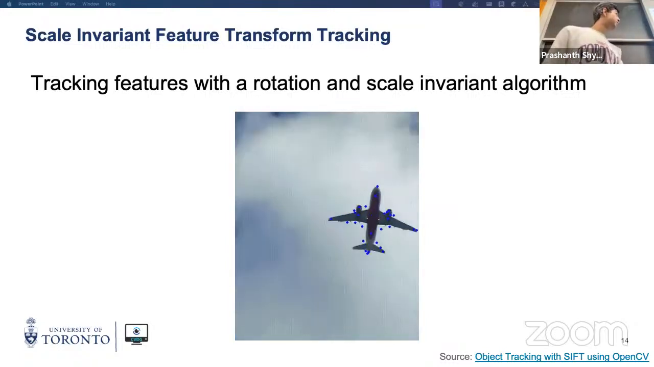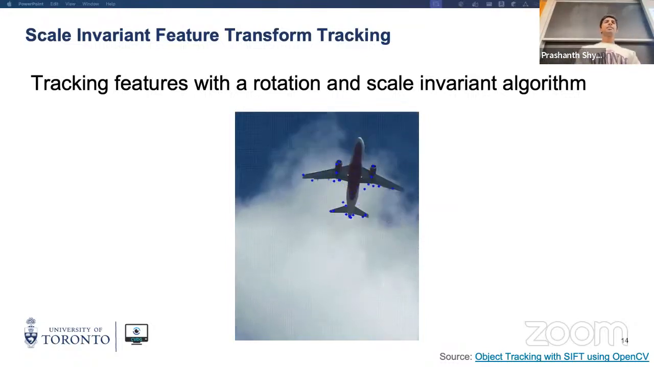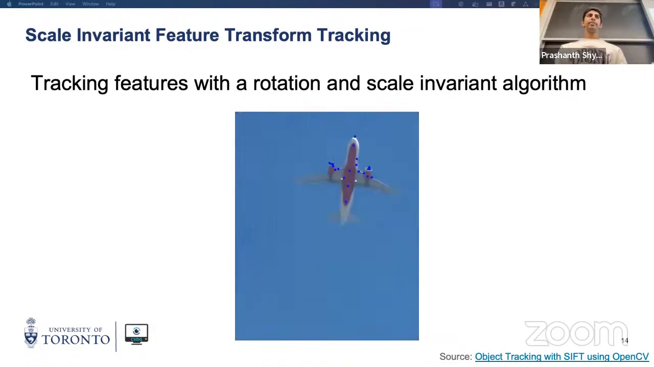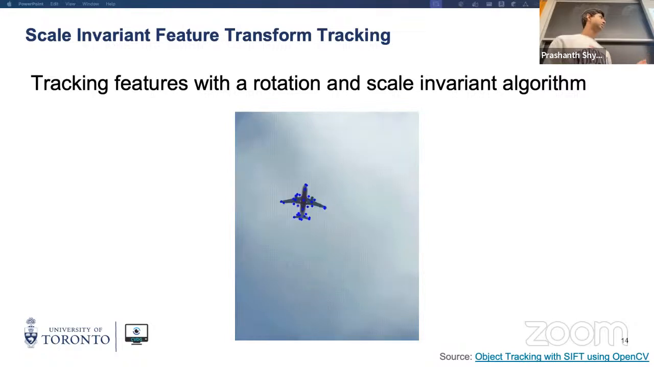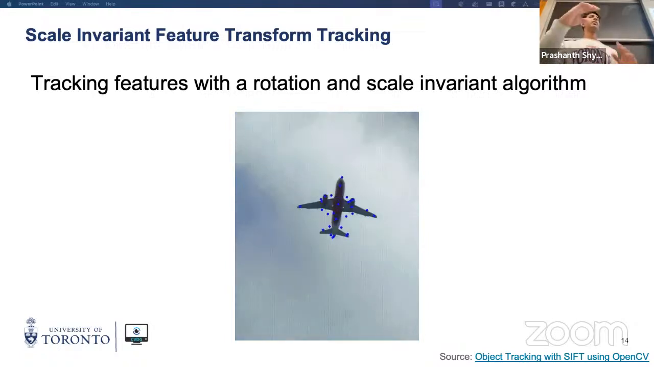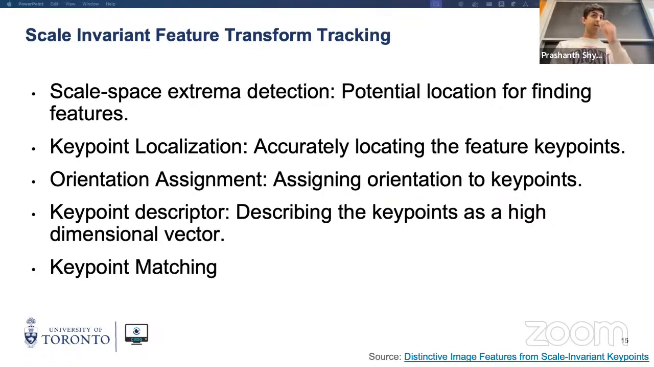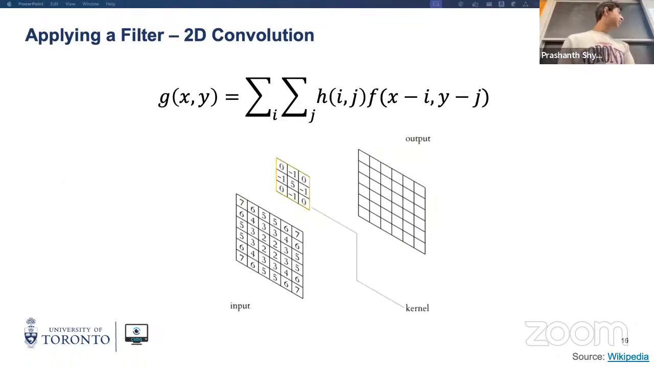And now we get to SIFT, scale invariant feature transform tracking. So in this case, we want to track features across different scales and different orientations. There are 5 steps in this algorithm. I'll go over them in detail right now. Before I go over them in detail,